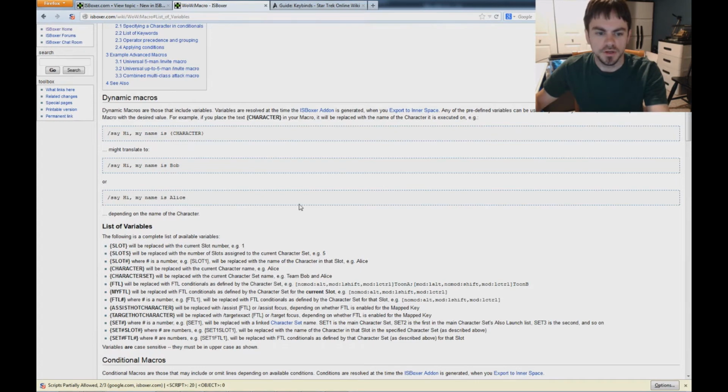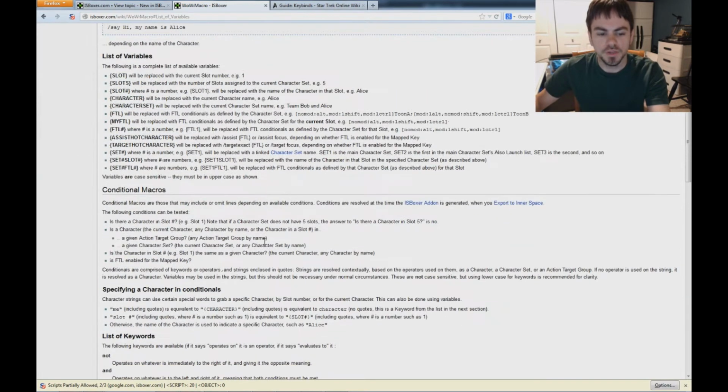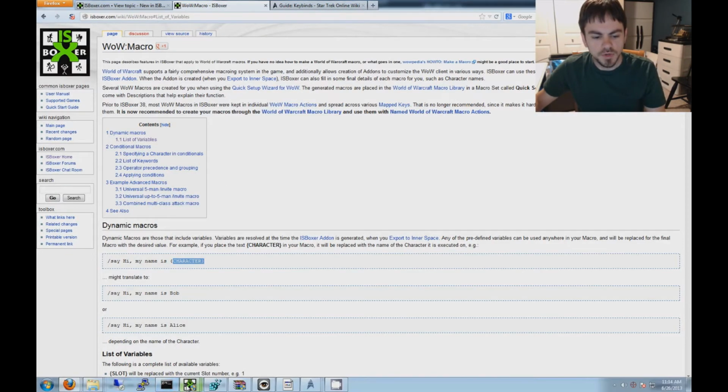Since the Cryptic macro sets are based on the WoW macro sets, you can use the same variables and the same conditions, even though the two games have completely different commands. The variables and conditions are the same as far as ISBoxer goes. So back in ISBoxer,